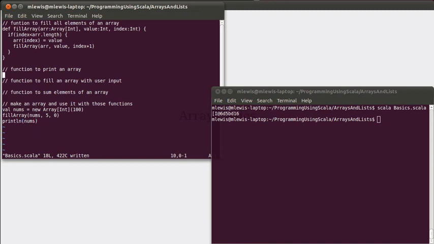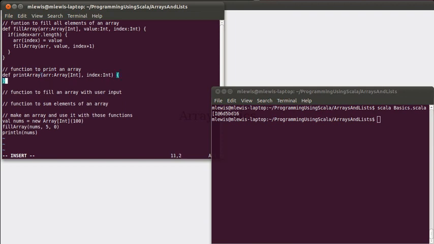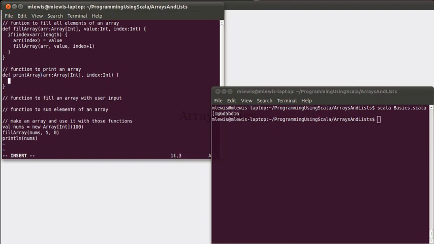So that prompts us writing another function. We need to have a function to print out our array. Def print array. We're going to pass it in an array, our array of ints, and it also needs to know the index for the value that it is currently printing. We have the exact same base case here. As long as the index is less than arr.length,